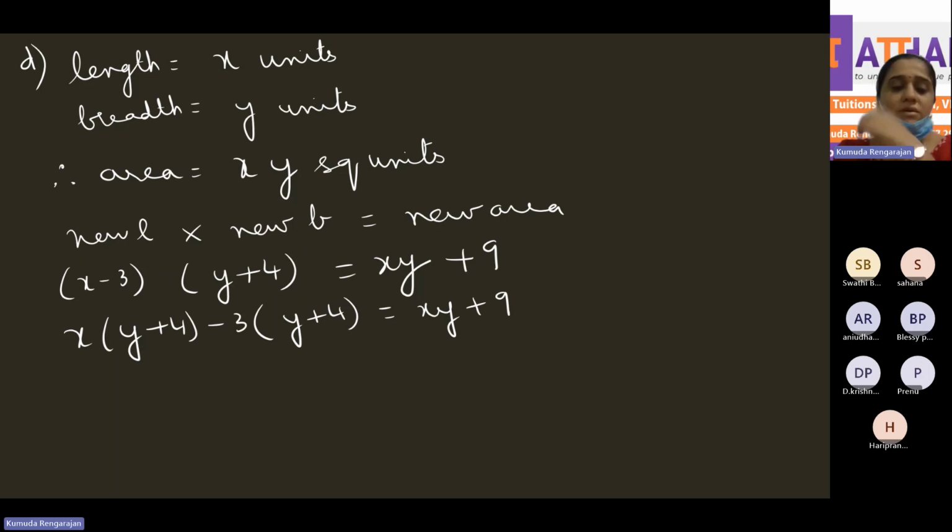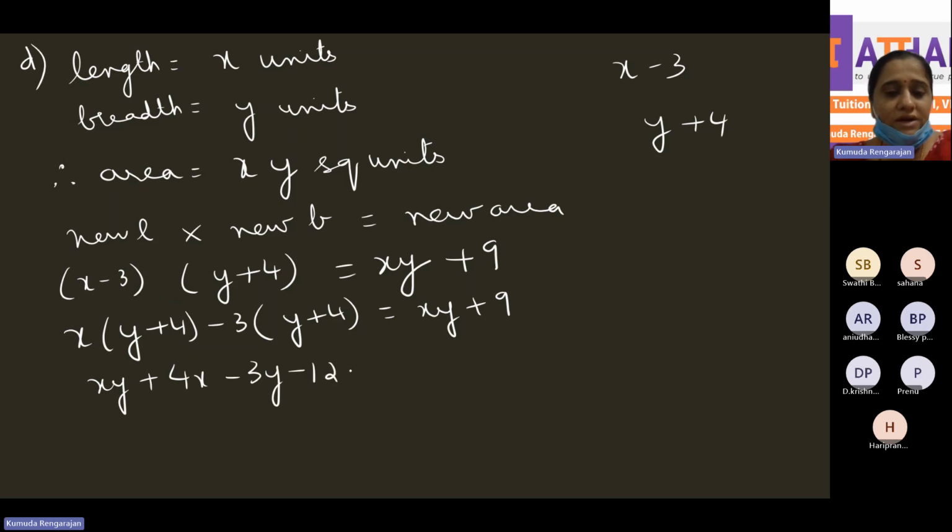Last year, this is a product. What is X minus 3? It's a binomial, right? 2 terms. What's Y plus 4? Binomial, 2 terms. So you have to multiply the 2 binomials. How do you multiply that? The first term X into the second bracket Y plus 4. The second term minus 3 into the second bracket Y plus 4, correct? First term into the second bracket, second term into the second bracket. That's how we multiply. So now multiply X into Y, XY plus 4X minus 3Y minus 12 is equal to